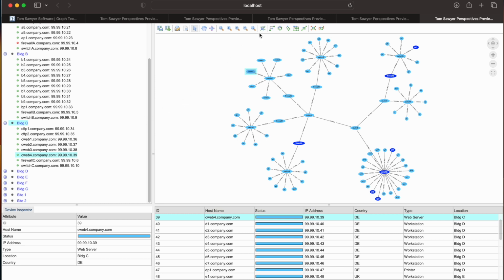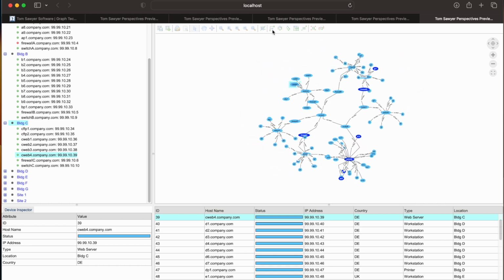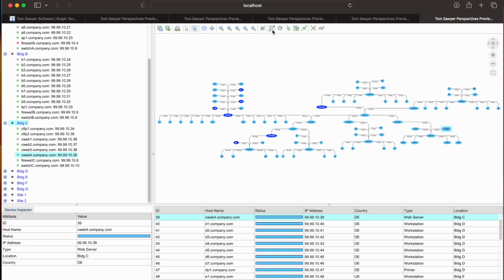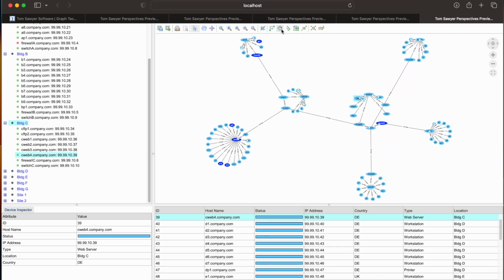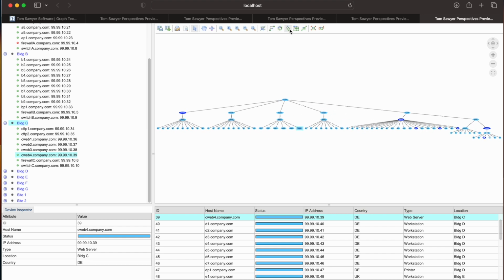While we're here, let's look at our different layouts. First, we'll do bundle layout, then circular layout, hierarchical layout, orthogonal layout,